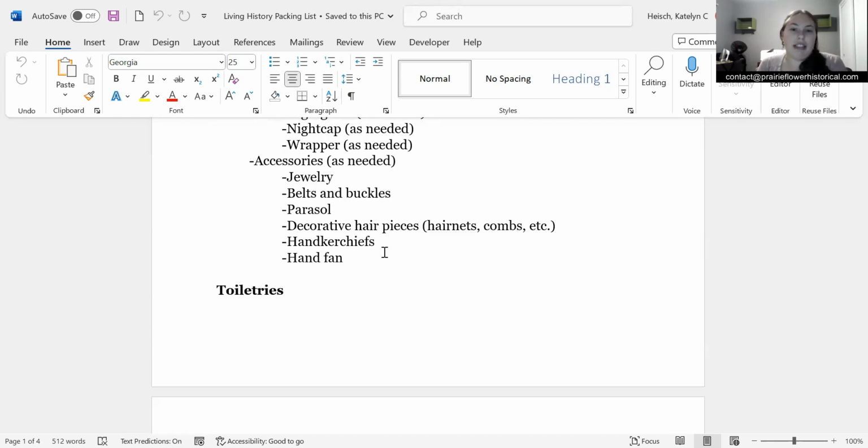Handkerchiefs, which are fantastic, and I do not understand why we quit using handkerchiefs. Handkerchiefs are amazing, and they're so incredibly useful. But I think that's because somehow in the 20th century we decided handkerchiefs are this big, and they really aren't useful for anything. But in the 19th century, handkerchiefs are fantastic because they're 20 inches wide, give or take a